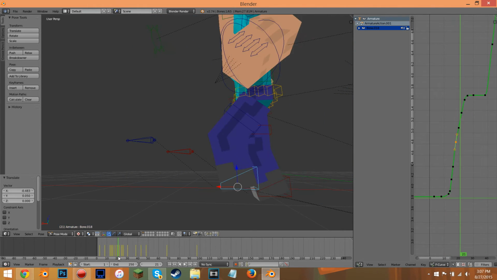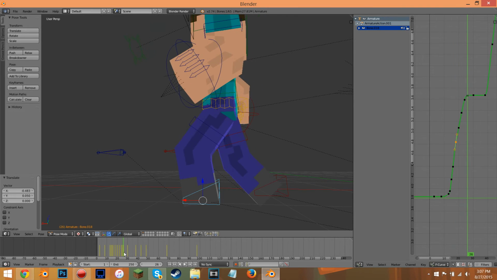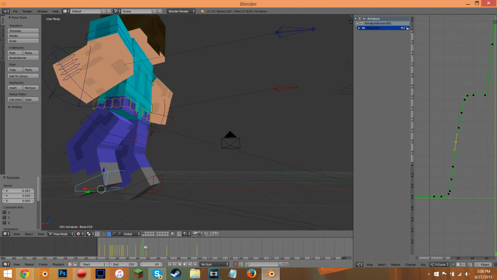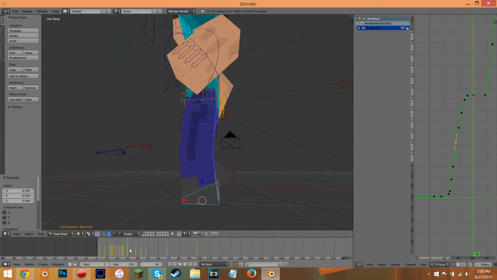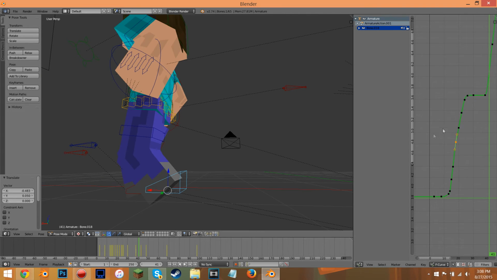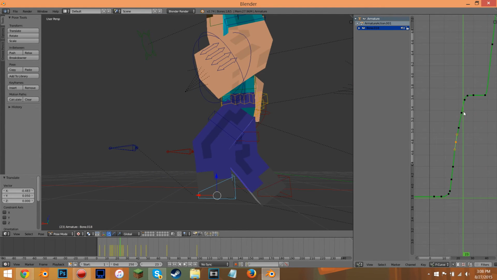See, it doesn't make a big difference, but it still makes a small difference. It just still affects it pretty well. You see the little difference? That can be simply done just using the graph editor. But be careful, because if you mess up with some things here,